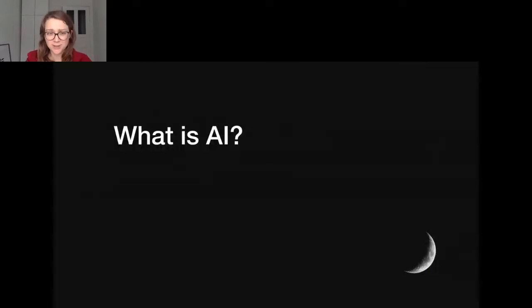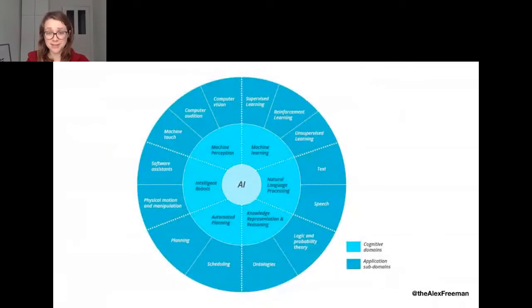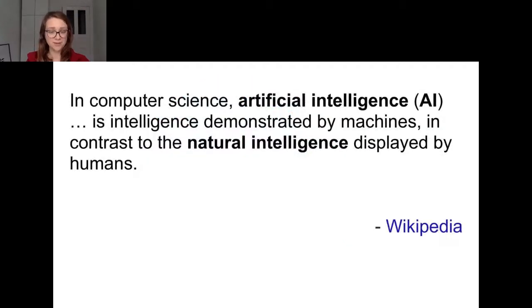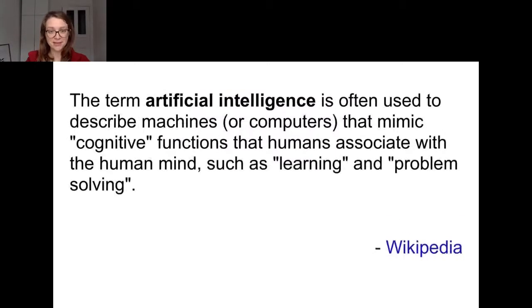What is artificial intelligence? You can summarize it nicely with this slide. It's so many things. One of them is machine learning. Many others are natural language processing, training, supervised training, text, speech, whatnot. And according to Wikipedia, artificial intelligence is the intelligence that machines demonstrate, which is not natural intelligence that humans demonstrate. And this is referring to describing the situation where machines mimic cognitive functions such as learning and problem solving as humans do.